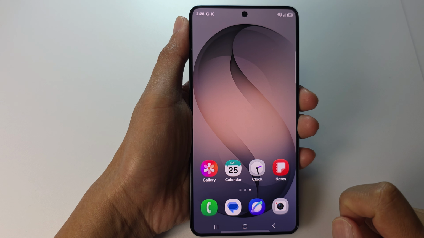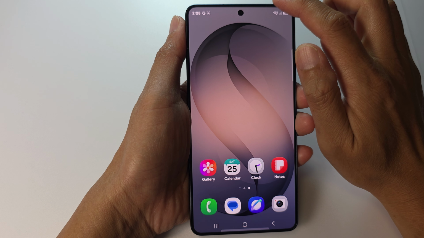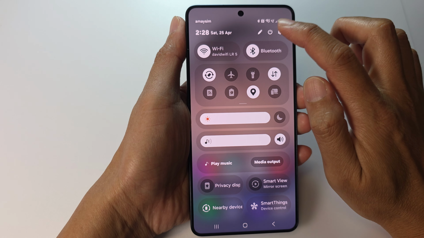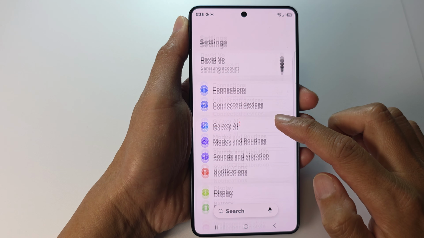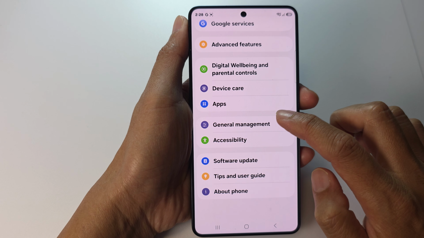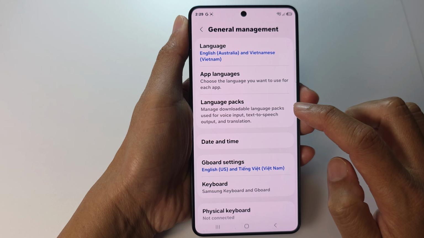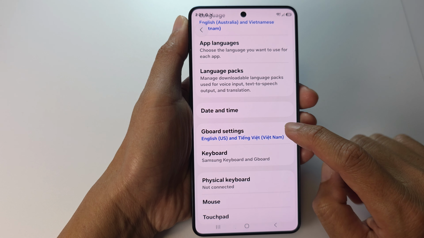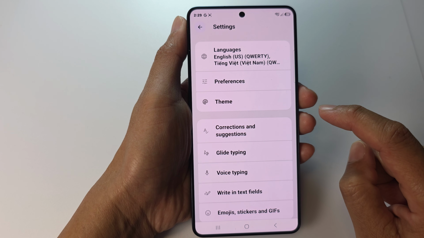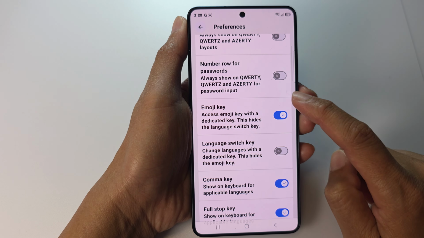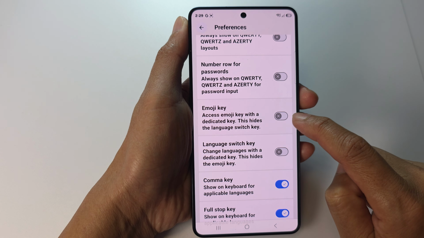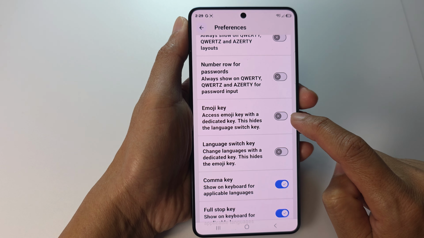First, let's return back to the home screen. Then swipe down at the top and tap on the settings icon. Now in settings, scroll down and then tap on general management. After that, tap on Gboard settings. Then tap on preferences. In here, tap on emoji key, tap on the toggle button to turn it off or